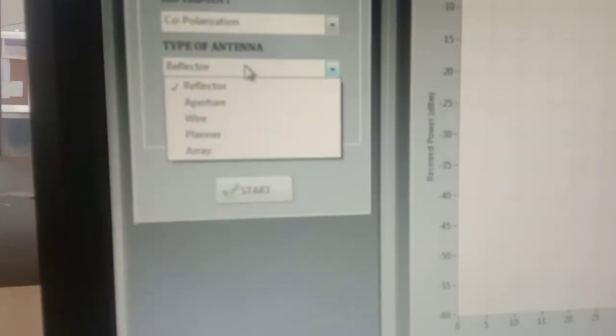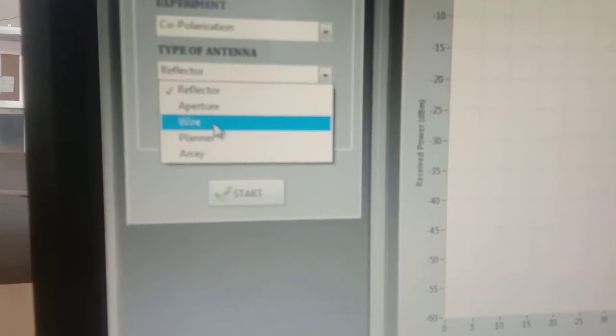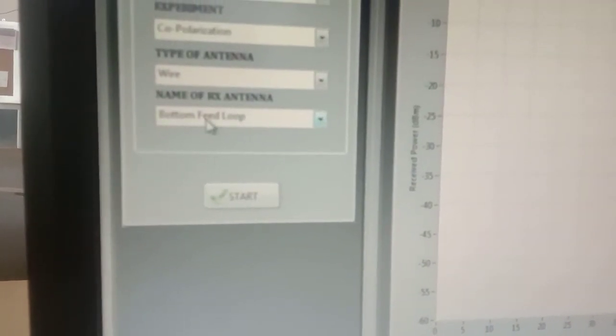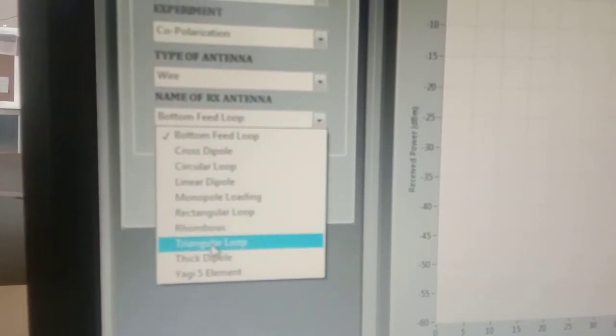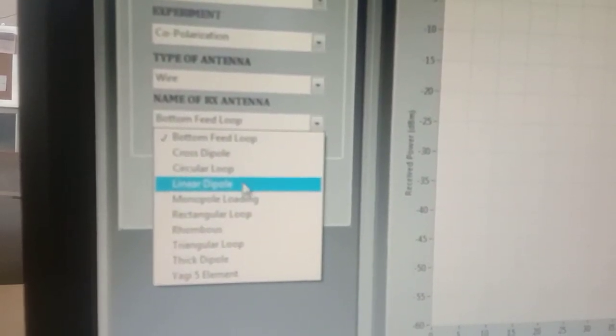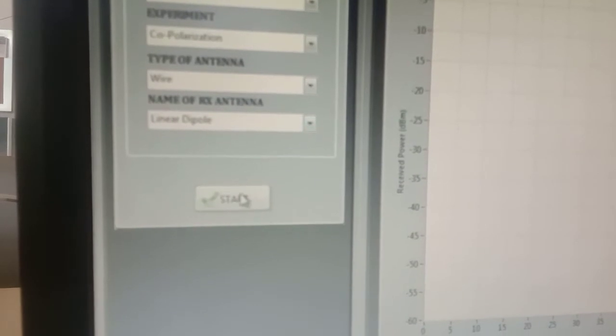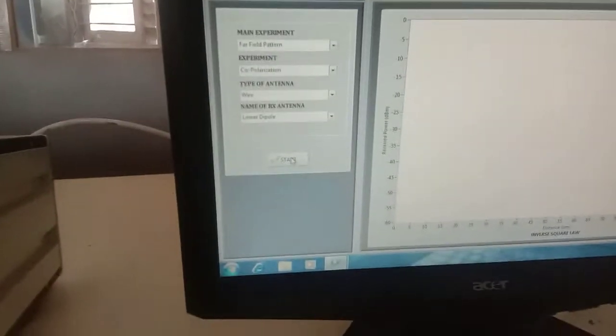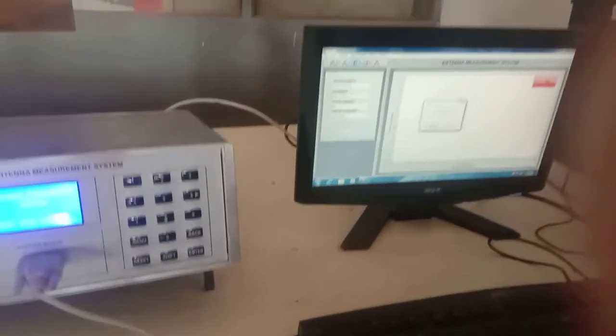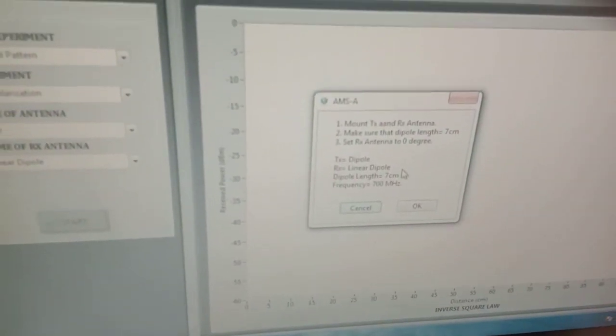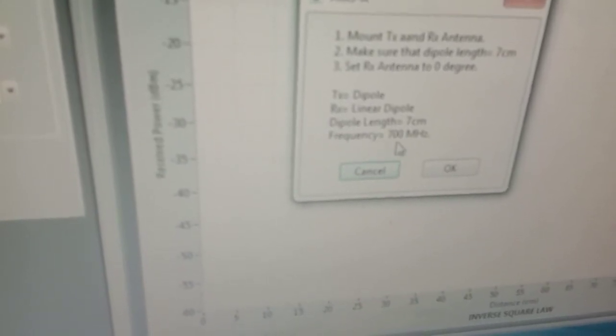Type of transmitting antenna is a wire antenna, because the folded dipole is a wire antenna, and the name of the receiver is the linear dipole. Then when you press start, and then OK, it will display this window. It is showing you the settings which you have done in the system. Frequency is 700 megahertz by default. When you press OK, after that,